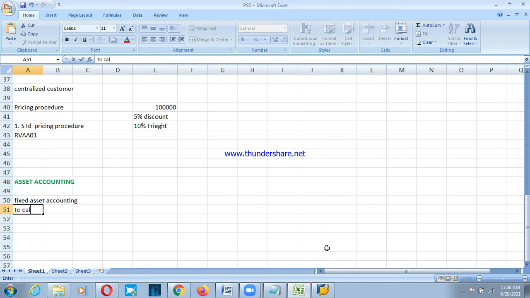To calculate the depreciation on our current fixed assets, right? This company is having some assets. For those assets we need to know what type of depreciation, or how much depreciation, is going to be calculated. That is, we need to calculate the depreciation on current assets. Then types of